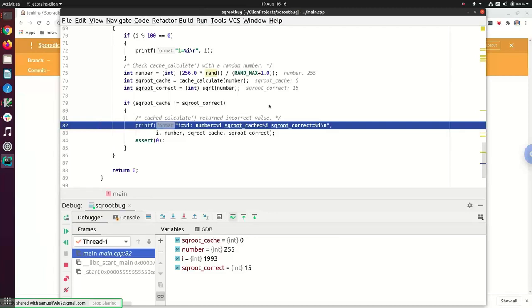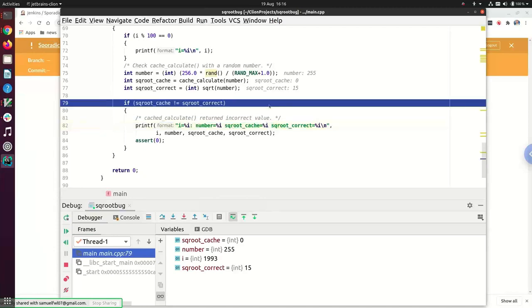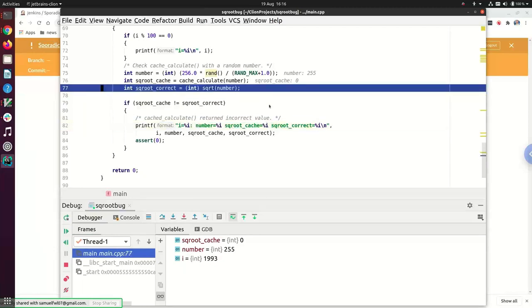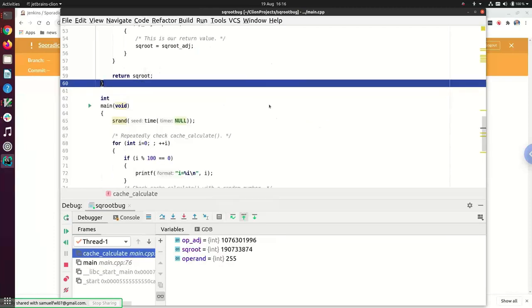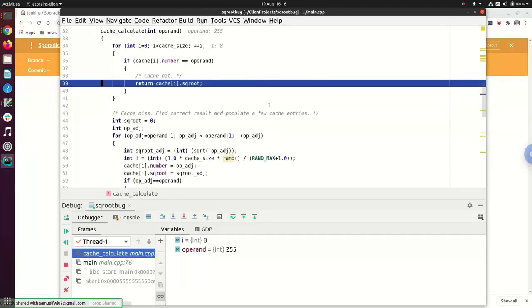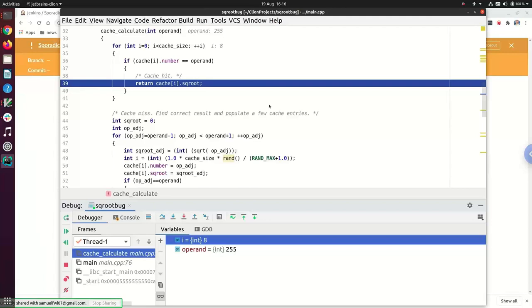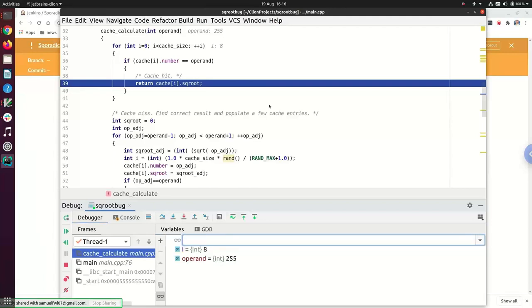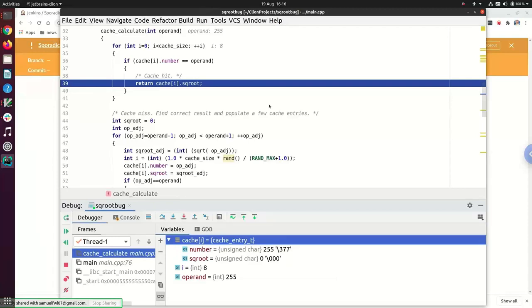So I now need to know, well, why? Why did that happen? If I go back to just after that function returned, I can now reverse step into it and see why it returned what it did. I can see here it's returning from this cache. It's returning the ith entry in the cache, and I can see down here that i is 8. So it looks like my cache contains bad data, and if I look there, sure enough, it does. It's telling me the square root of 255 is 0, so the cache contains garbage.